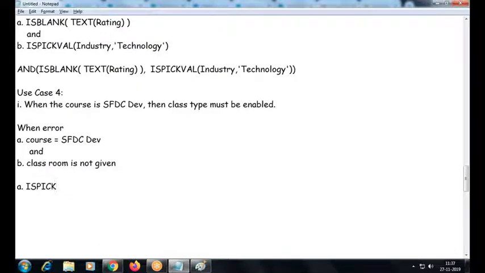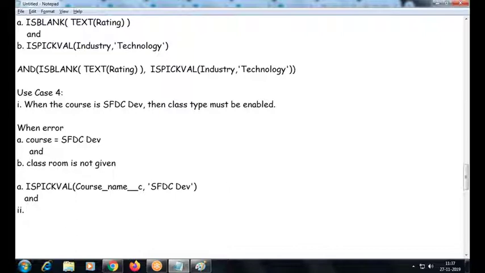It's a pick list, right? Got it? And right. What is this type of field? Checkbox type, right? So when the checkbox will return false,